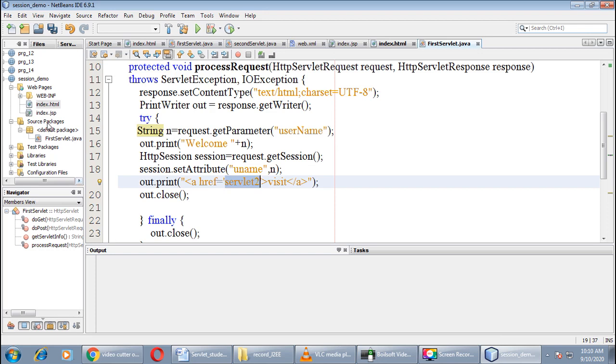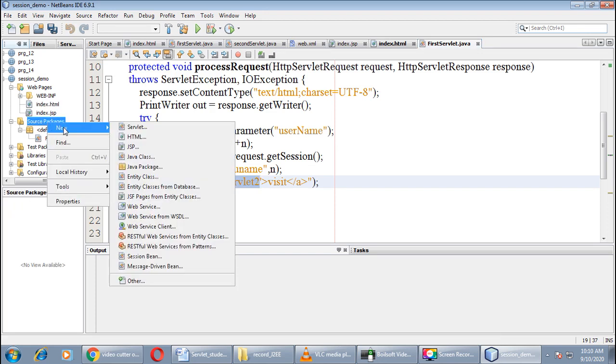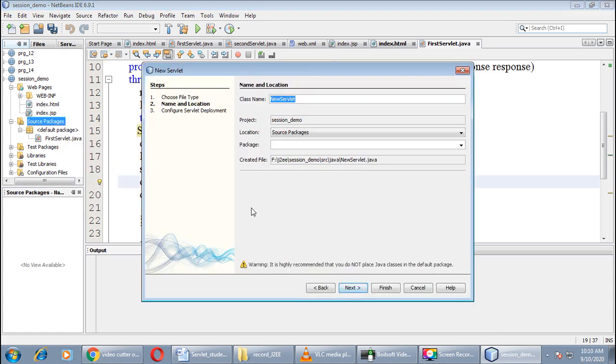Now create one more servlet by right clicking on source packages, click on new and select servlet. Give an appropriate name to your second servlet. Here I am giving SecondServlet, as we have taken the same name in our document also.